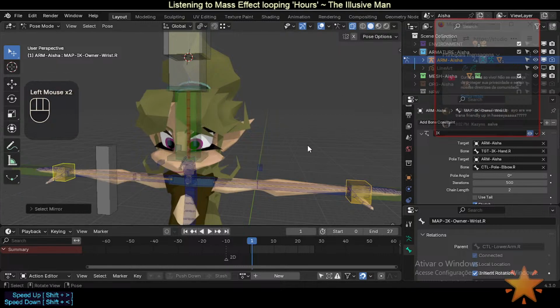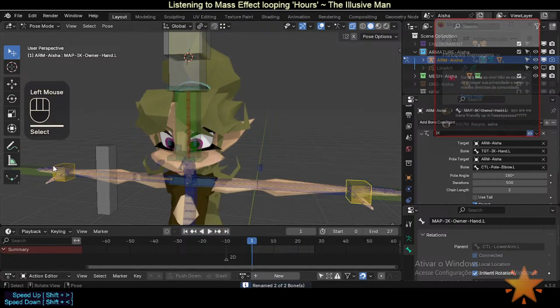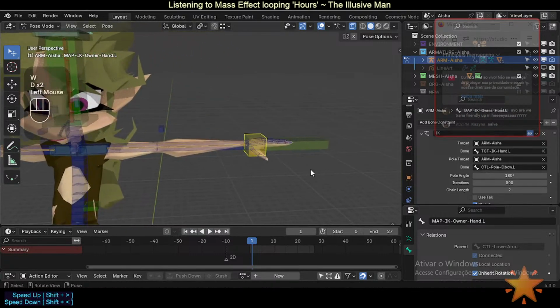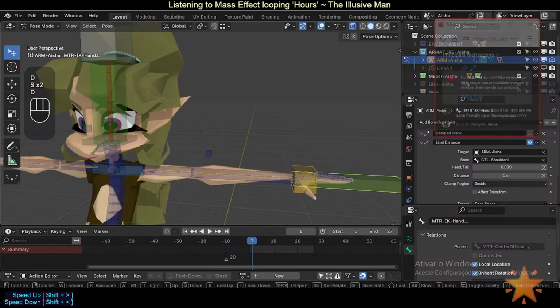So you see how easy it is to get this, and then Control F2, find replace wrist hand, because I already did that before, and okay. So now they got this change. So this is how we can easily swap those names, change those names for symmetric bones without too much